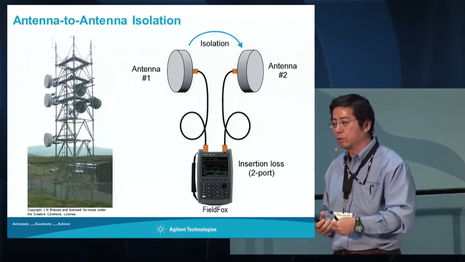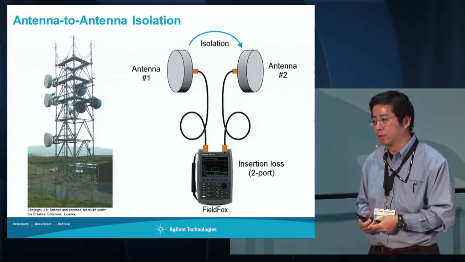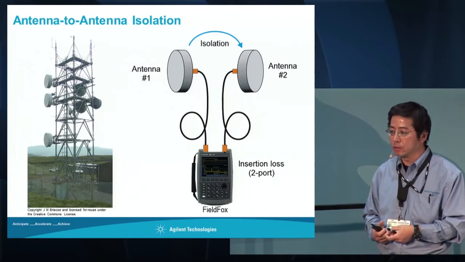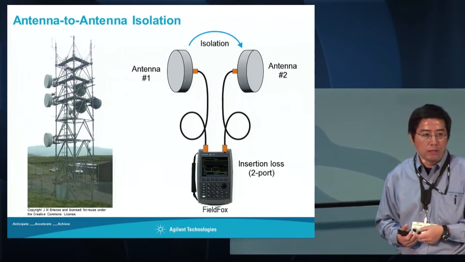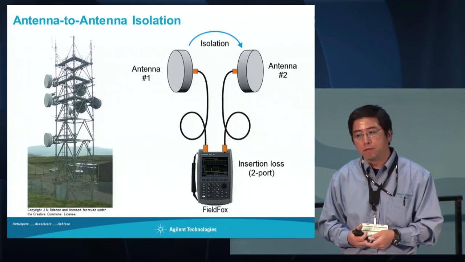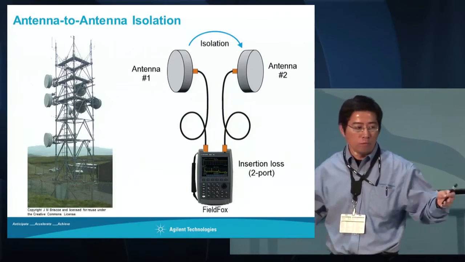So the signal will couple to the antenna under test. That puts a great challenge on the test engineer or technician in the field: how to make sure the measurement is accurate. Also, the industry uses a lot of repeaters. That makes it even more critical to have good oscillation, because if you don't, for example, your repeater's two antennas require